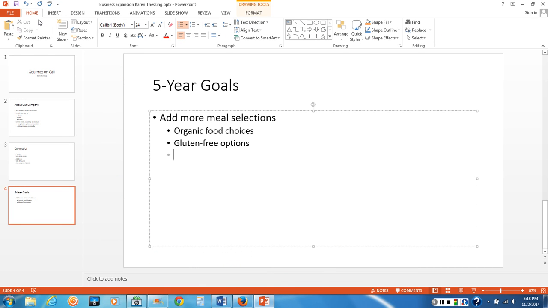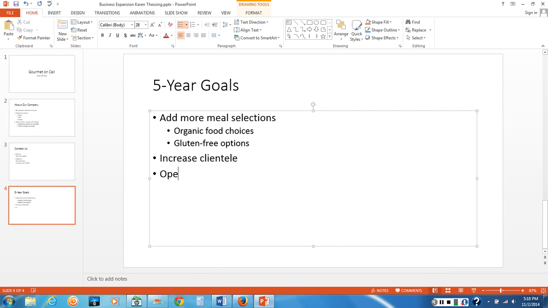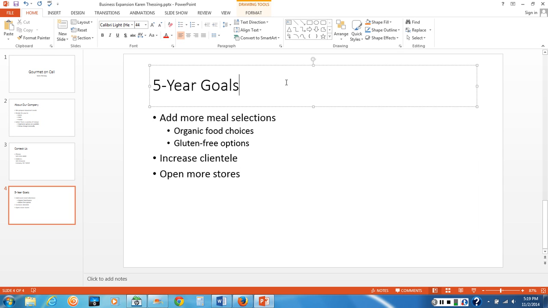I'm going to use the option up here on the Home tab in the paragraph group where we actually increase or decrease a bullet. Decrease a list means it's going to move it to the left. I click on that button up there and it decreased it. So I'm going to type in increase clientele. Hit enter. The next bullet is going to be open more stores, and it should be first level, and it is, so I don't have to do anything to it. Open more stores. Okay, I'm done with that slide,